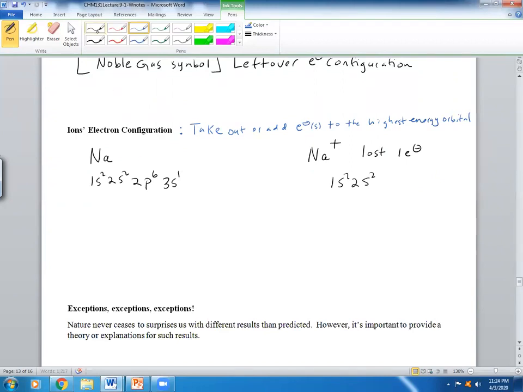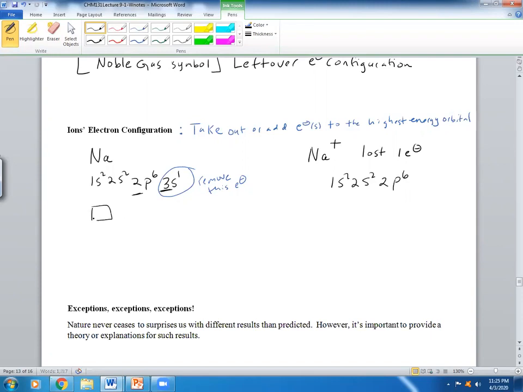Okay, which one in this case would be the highest energy orbital? Would it be the 2p or the 3s? The 3 tells us it's at the third energy level. This is at the second energy level. So what that means is when you remove the electron, you actually end up removing it from this one. Remove this electron. So therefore, you're left with 1s2, 2s2, 2p6. And you're going to learn in the next lecture that this leads to the octet rule,